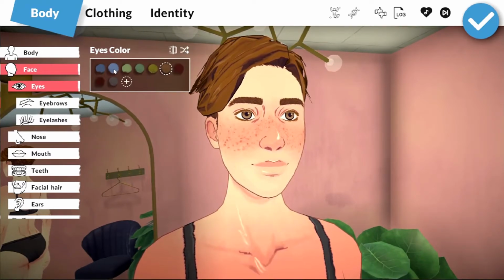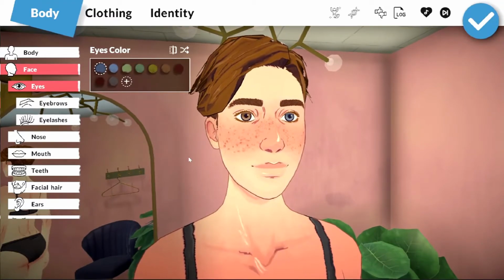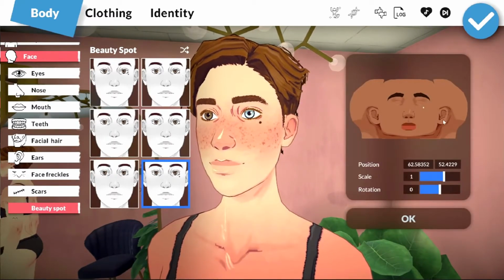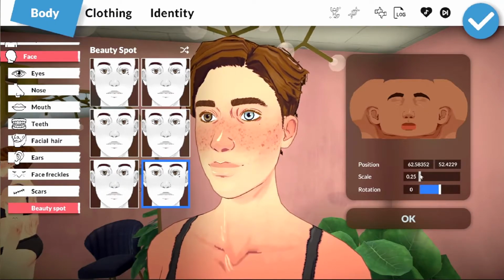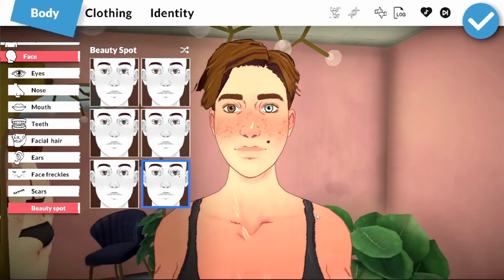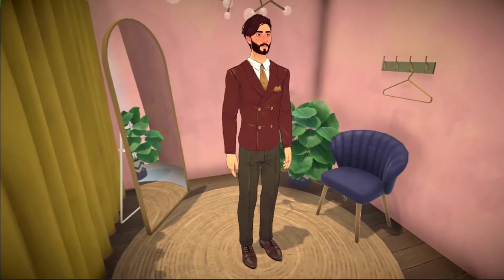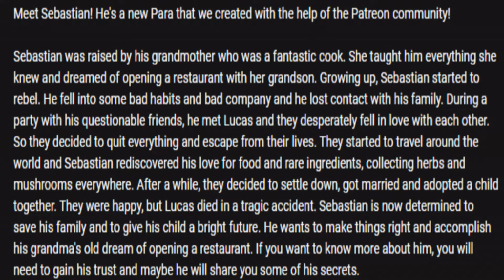Next, we have a little page that says log, and I feel like this is where you can write a description for what your para is. Like Sebastian actually has his own description. Let me read that. Now Maggie doesn't have a description from what I see, but we definitely have a description